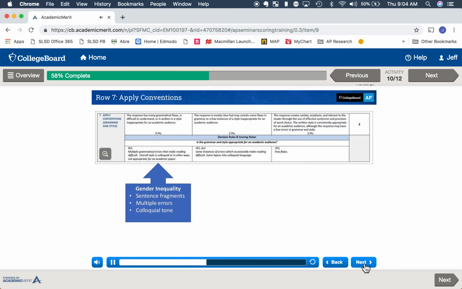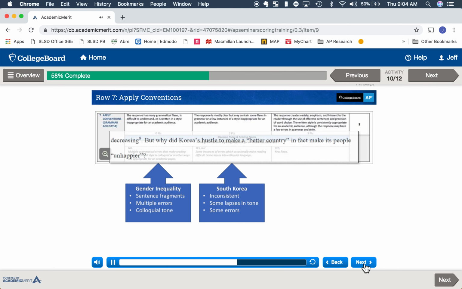A medium response conveys its message adequately, but may be inconsistent in its sentence structure and/or grammatical soundness, or may lapse into a less than academic tone so as to occasionally distract the reader. In general, however, such errors and inconsistencies do not overwhelm the response in a way that compromises its overall integrity. Training sample 2, about South Korea for example, earned 2 points because there are some lapses that detract from an academic tone. For example, the response asks,